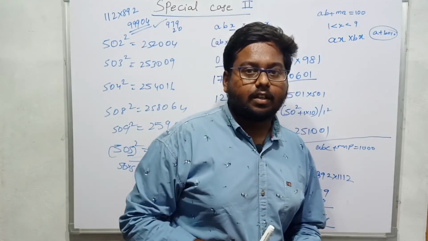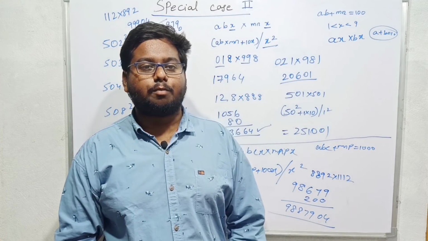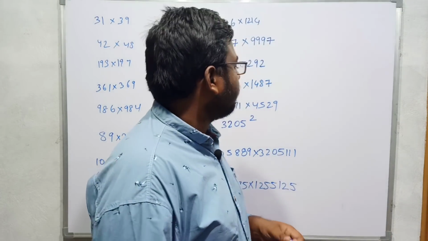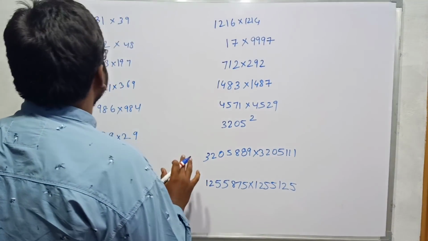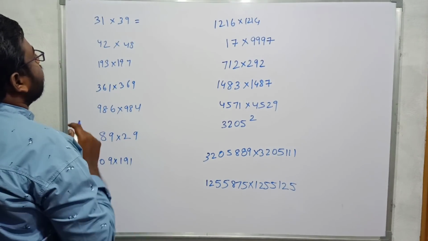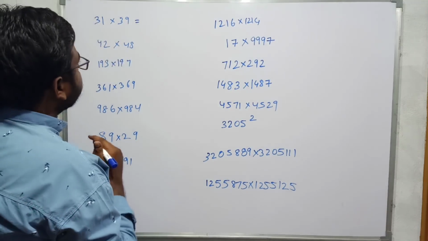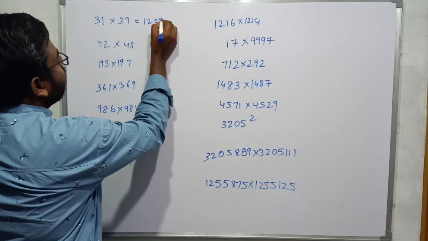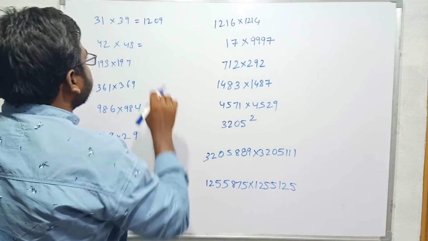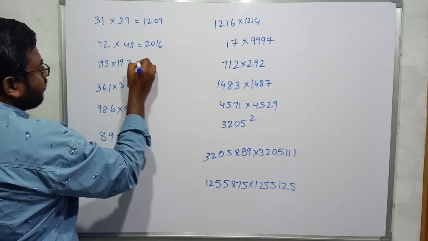So we will see the applications of this, and we will see the detailed solution of problems based on these concepts, so that we see the applications of what we have learned up to now. For example, 31 into 39. 1 plus 9 is 10, and 3 and 3 is same, so 3 4s are 12, 09. 1 into 9 should be strictly a 2 digit number, so 09. 42 into 48, 4 5s are 20, 16.